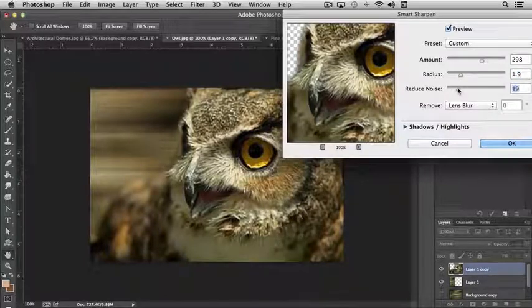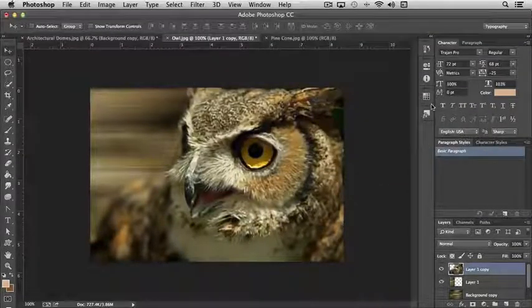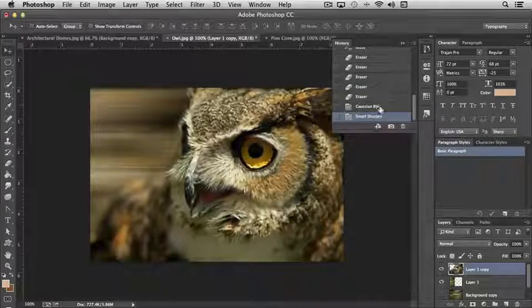And you can control remove noise as well, which is a very handy feature, especially if you're working with a low resolution image. So there's before and there's after. So you can see that it's definitely improving the overall image and adding detail back into it. And if I hit OK, I want to remind you of where we started off,